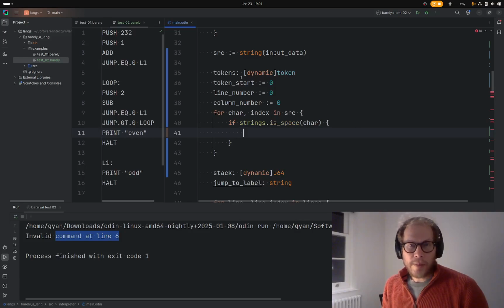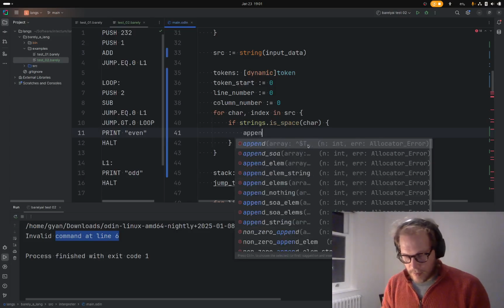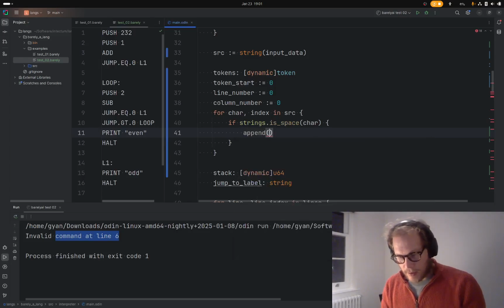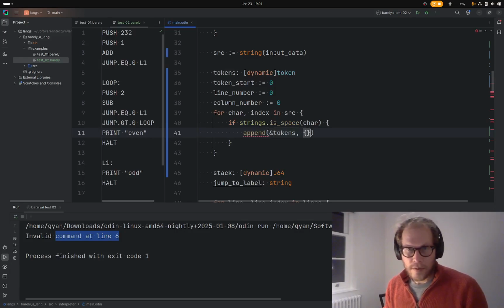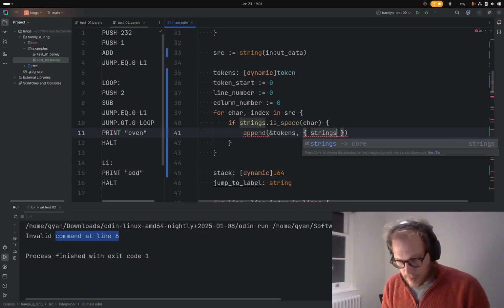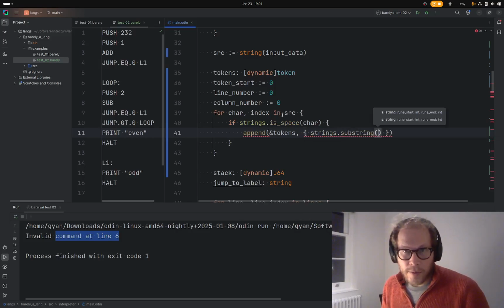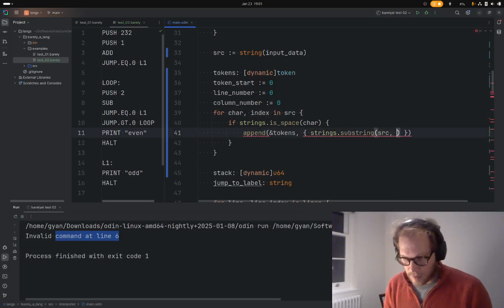So that means that we go append to our tokens the struct literal which contains substring of source from token start to index,